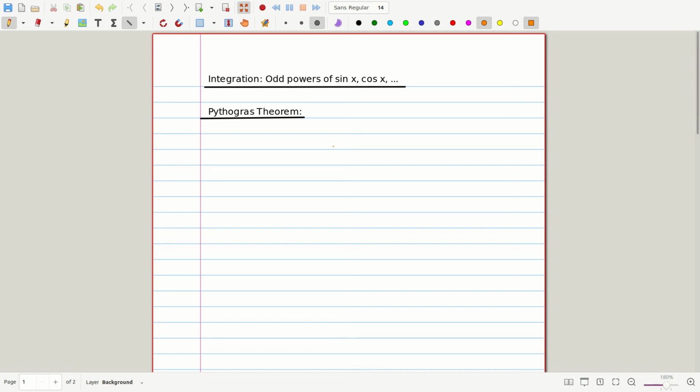Welcome to this section where I would like to look at integrating odd powers of sine x and cos x. So we'd like to start off by having a review of some results, identities which we're going to use in the process of integrating these odd powers of sine and cos. So what we would like to review here is the Pythagoras theorem, and